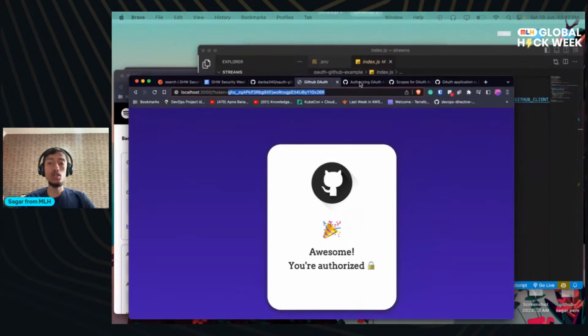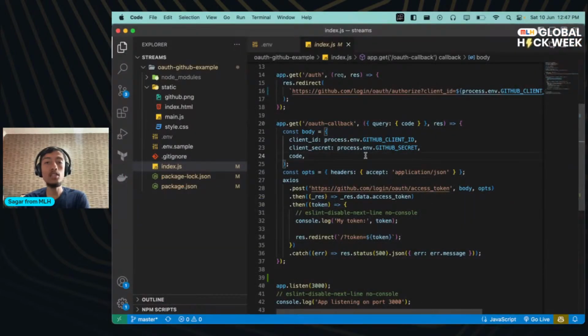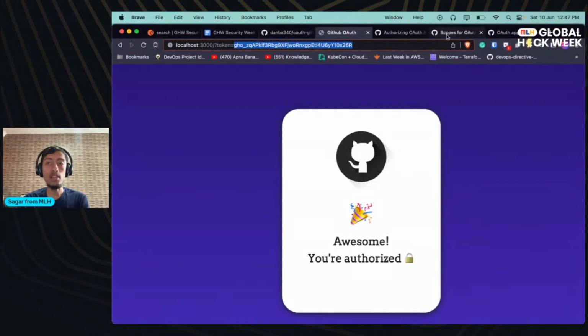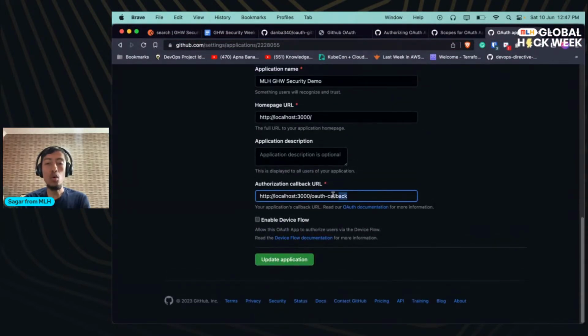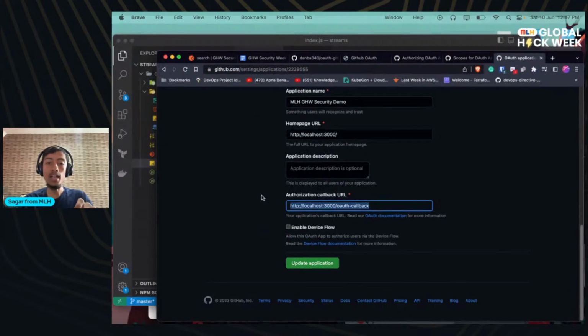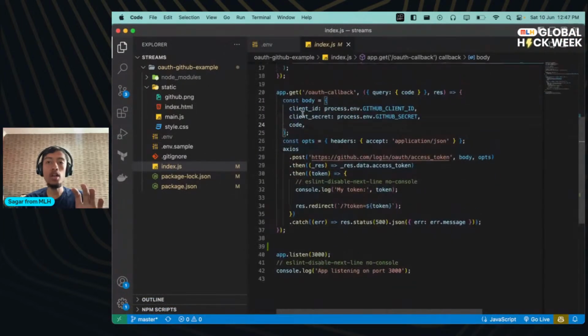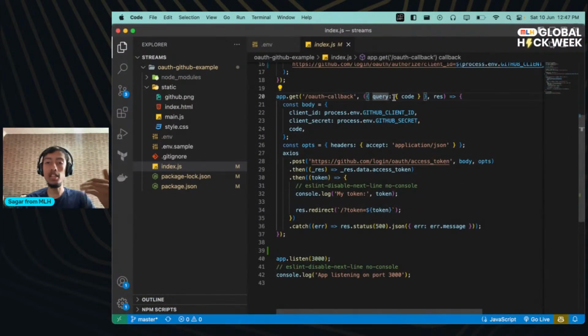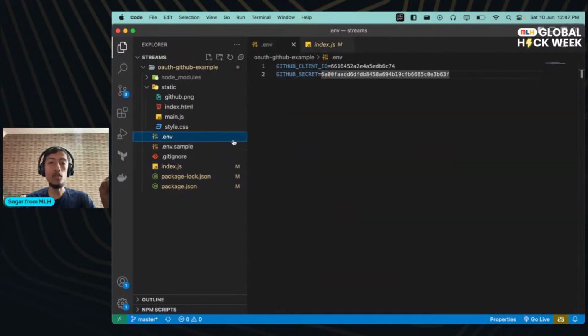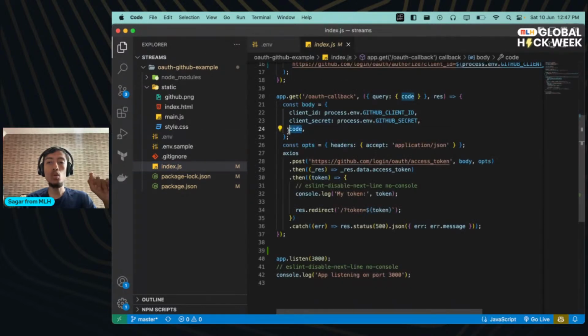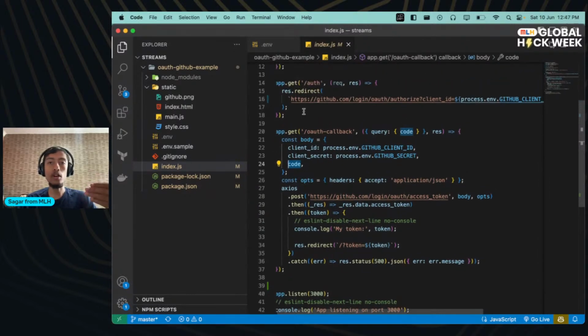So let us see how we are getting this token behind the scenes. If you go to the GitHub application, you can see that the callback URL is localhost 3000 slash OAuth slash callback, right? So once we click on authorize, this endpoint is being called, right? And if you see what's happening in that endpoint, we are destructuring the response from GitHub and extracting the code object, and we are setting a new body object with the client ID and client secret. We are getting the client ID and client secret from our environment variables that we have set up over here. And then we are also using the code object that we get as a response after we authenticate to